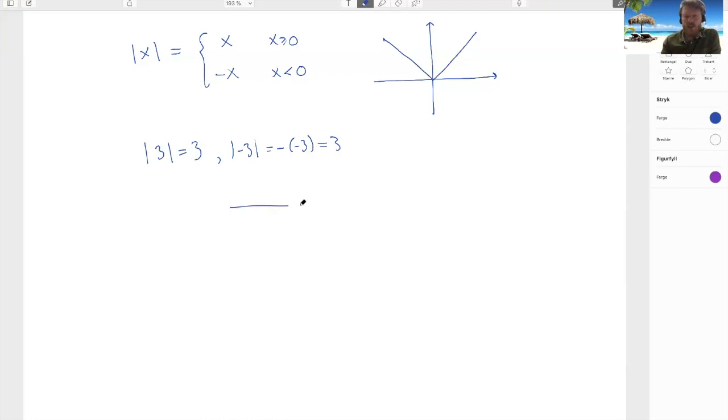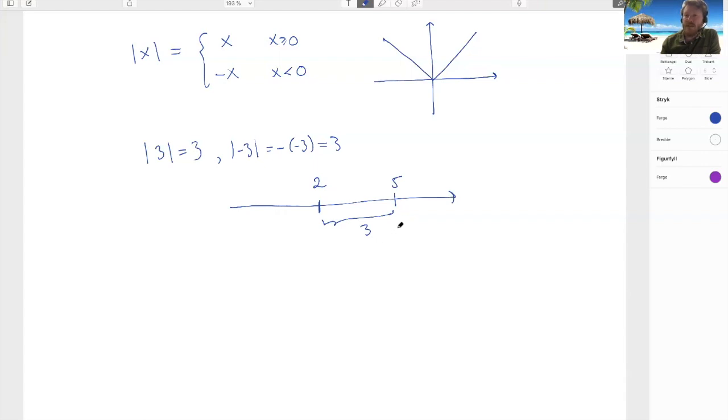And now let's look on the real line here. What if I take 2 points here? Let's say I take 2 and 5. So what is the distance between 2 and 5? Is it 3? Is it minus 3? Well, so the thing is that when we talk about distances, we usually want to think of them as a